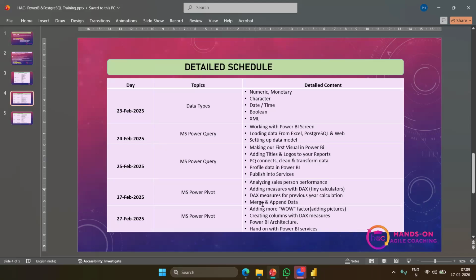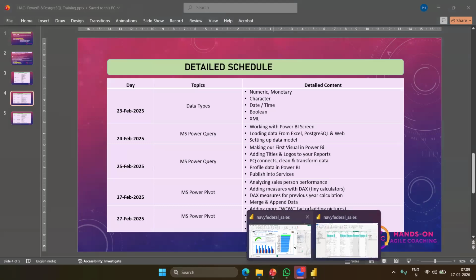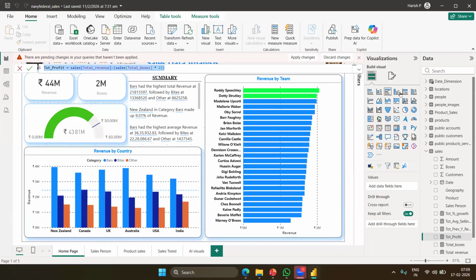Starting visualization, we are going to practice all these types of visuals like bars, columns, line charts, tabular charts and filters. A few additional advanced visuals we are also going to download from online and work on.